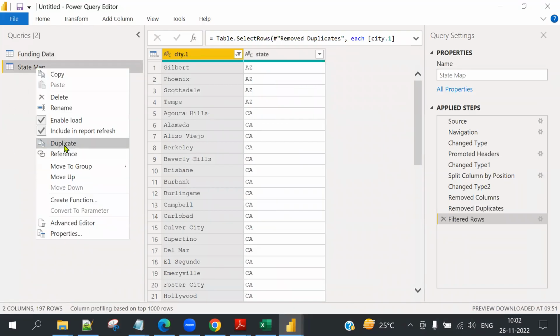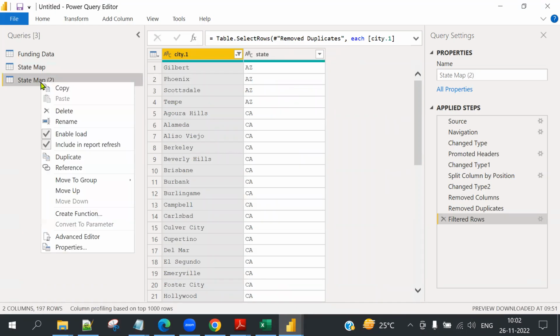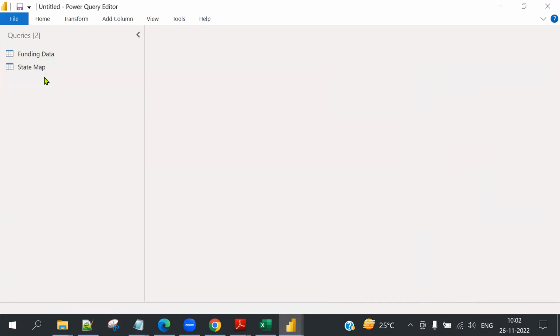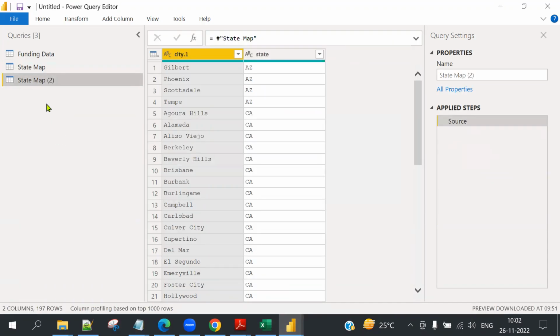Right click, duplicate. Right click. Even you can take reference also. Right click, reference. Ready. Now, I don't want this. Sorry, I don't want this.